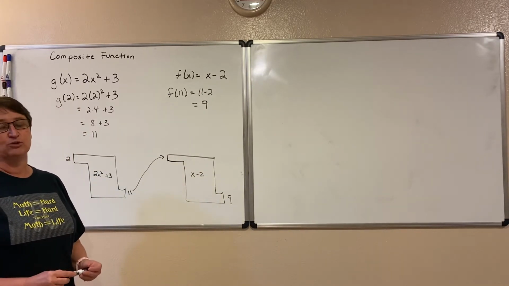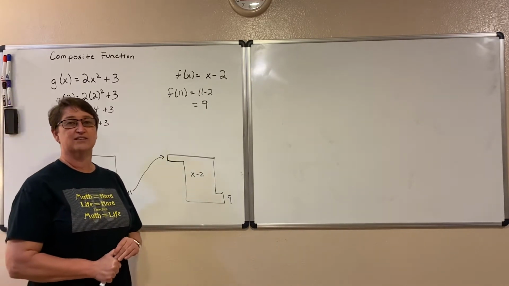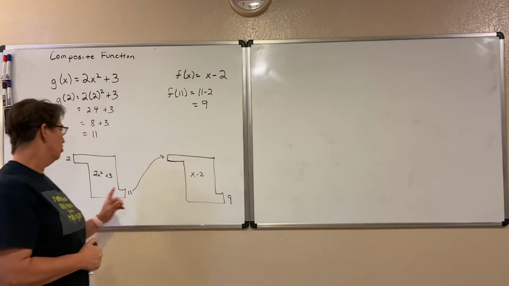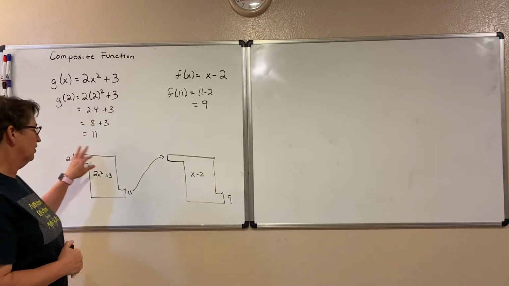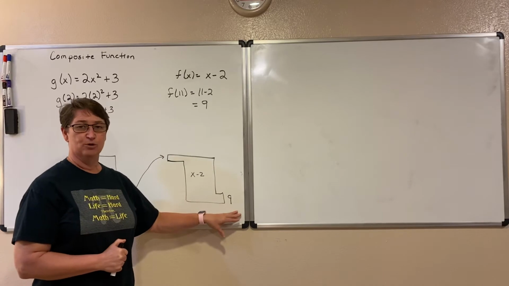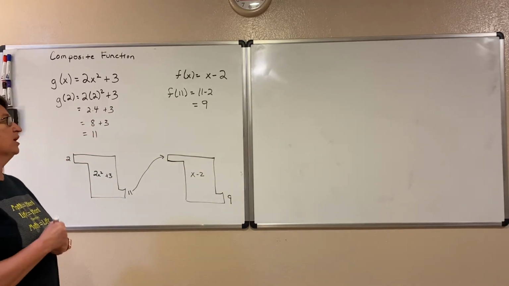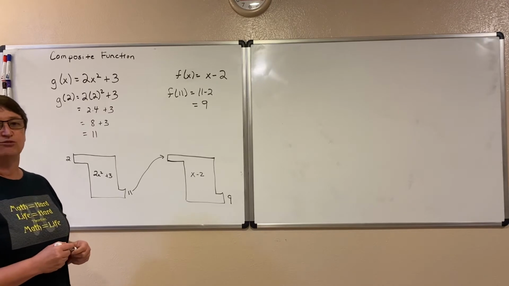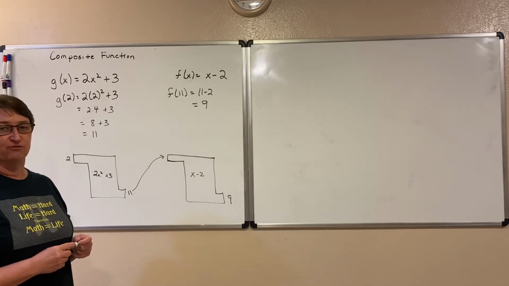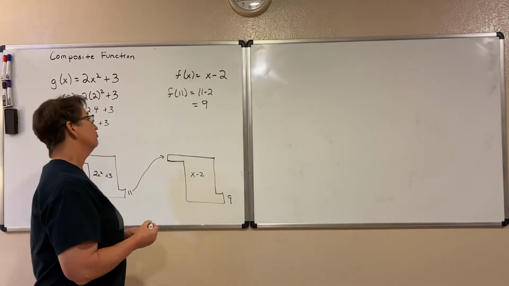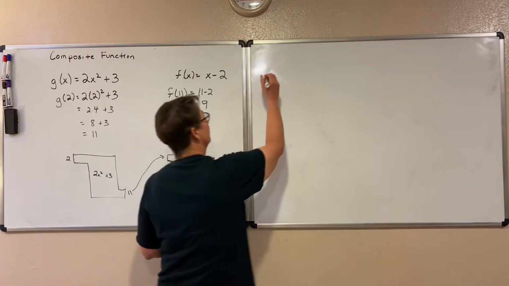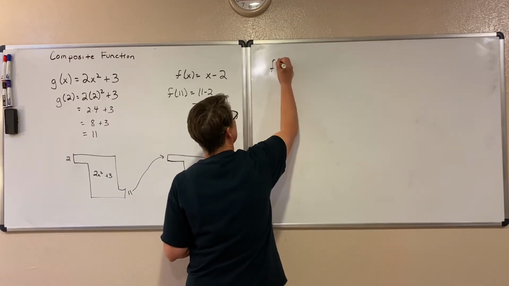Now what I want to do is create one function that does this same thing, that when I put in 2, I'm going to get out this output of 9. It's going to do both of these things for me. And the way we do that is we do something called a composite function. So here I'm going to take